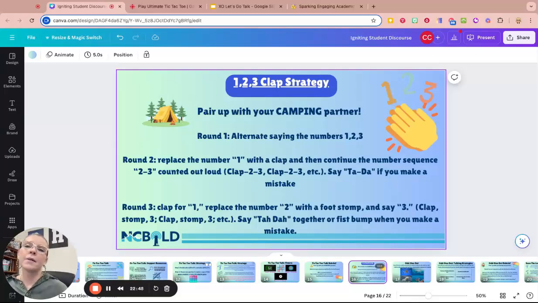All right, next I'm going to offer one more low stakes activity. Whenever you do partner work, especially if you did something like tic-tac-toe talk, it might be a good idea to start with something like 1, 2, 3 clap first before the students do tic-tac-toe talk. You'll see why as I explain the strategy, but the purpose of 1, 2, 3 clap is it creates a culture that mistakes are okay, and it's bound to give the kids a funny moment with each other.